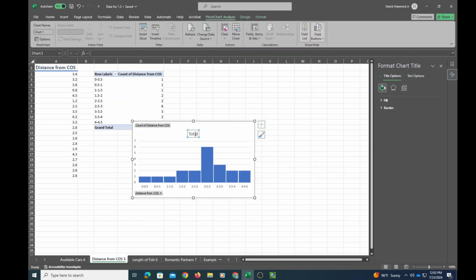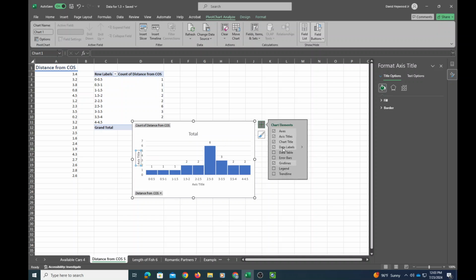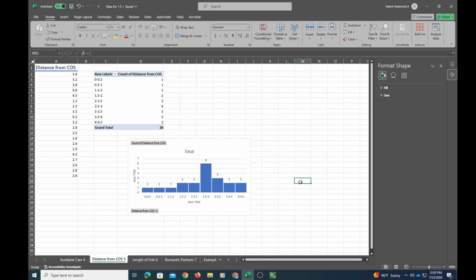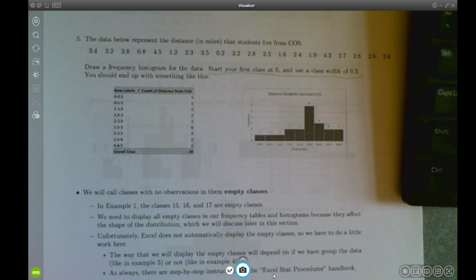Again, I can change the title of the graph, I can add axis titles, I can add data labels if I want, right? We can do all kinds of things to manipulate this. But that's all I'm going to do for now here on that graph. Okay, so going back to the notes,